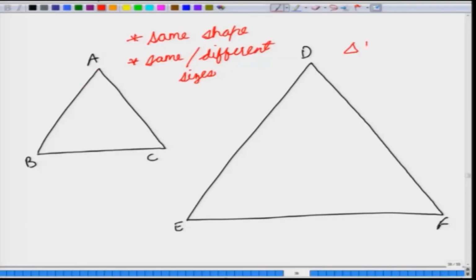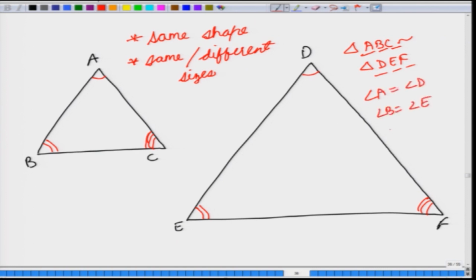Now, what do you mean by the same shape? In the case of these triangles, the same shape would mean that if we say that triangle ABC is similar to triangle DEF, then angle A is equal to angle D, angle B is equal to angle E, and angle C is equal to angle F. At the same time, if both of these triangles are similar, then the equivalent sides would be in